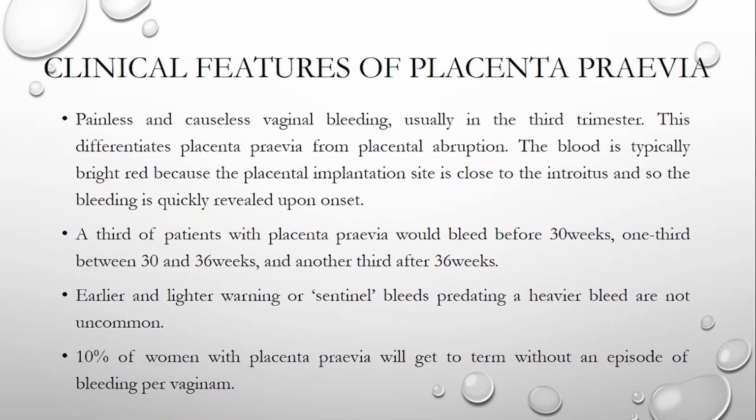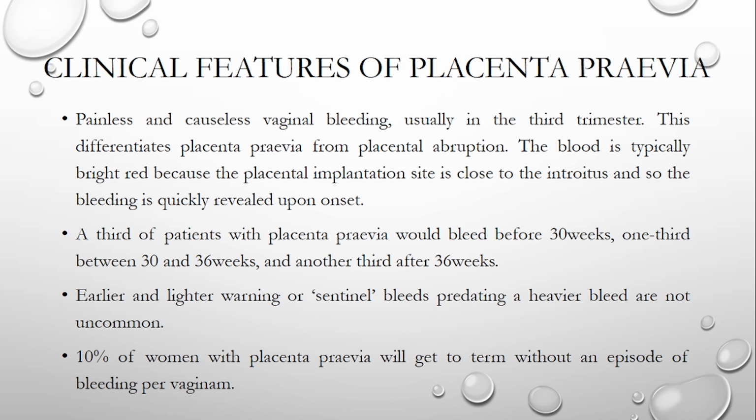What are the clinical features of placenta previa? Usually placenta previa presents as painless vaginal bleeding, usually in the third trimester. And this differentiates placenta previa from placenta abruption. In placenta previa you have painless vaginal bleeding, and in placenta abruption,